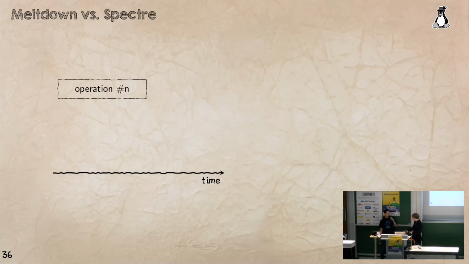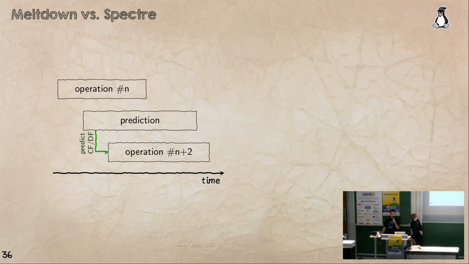Is that correct? No. Just the Meltdown, not the Spectre. Spectre never accesses data that's invalid to access, just what it's not supposed to access. Okay. Yes. So if you're looking at Meltdown versus Spectre, we have some operation, we have some prediction, and